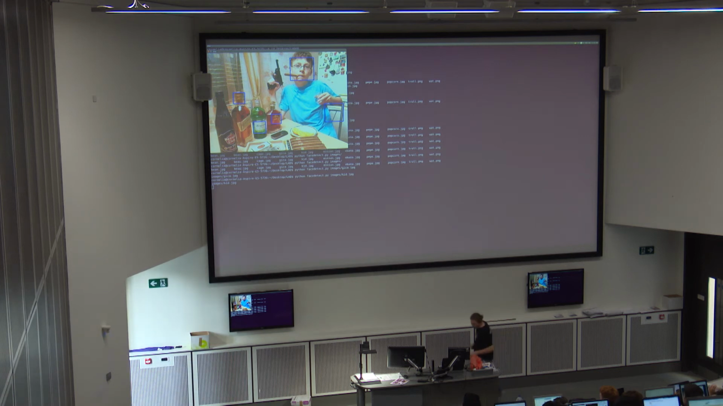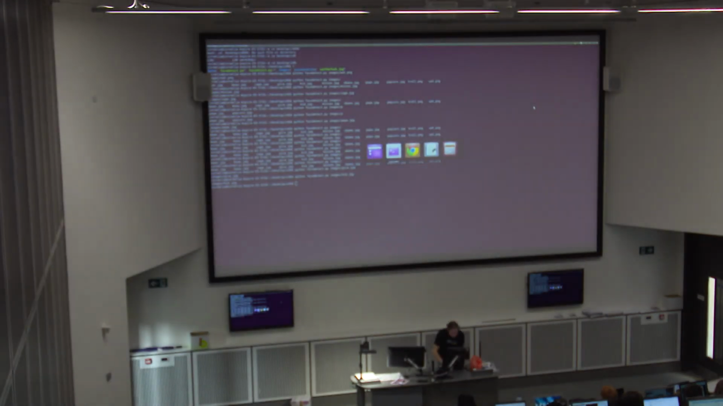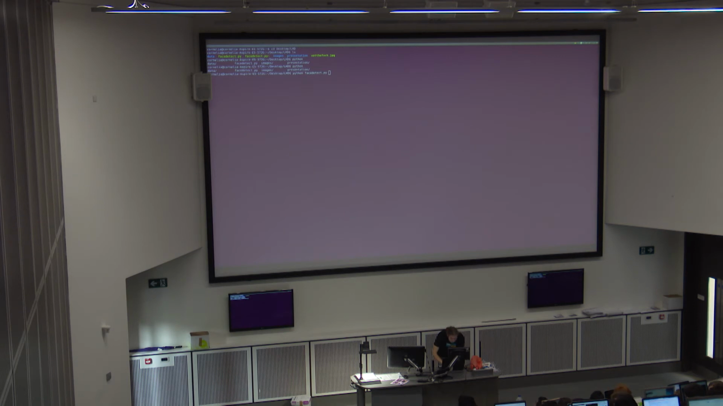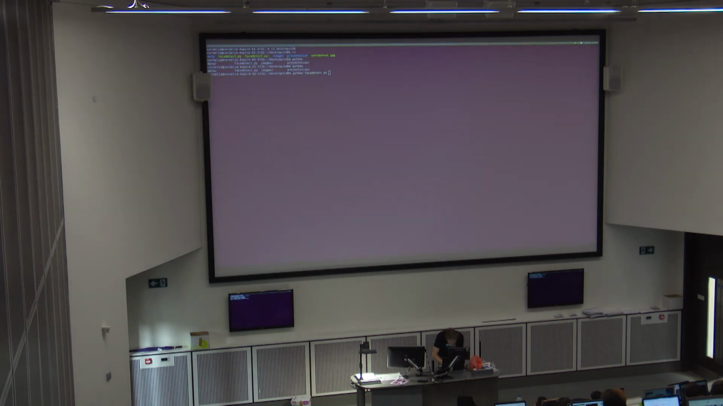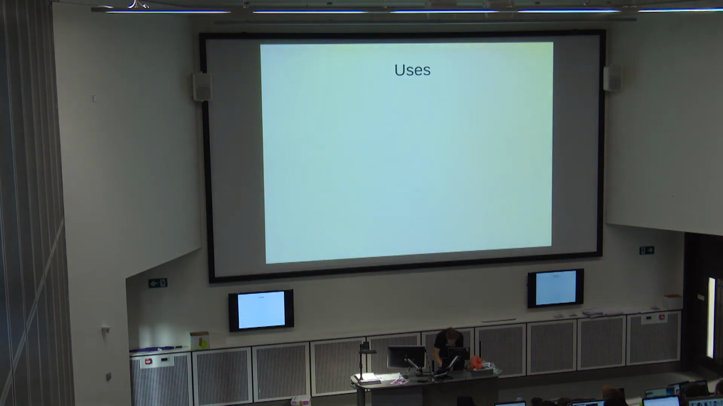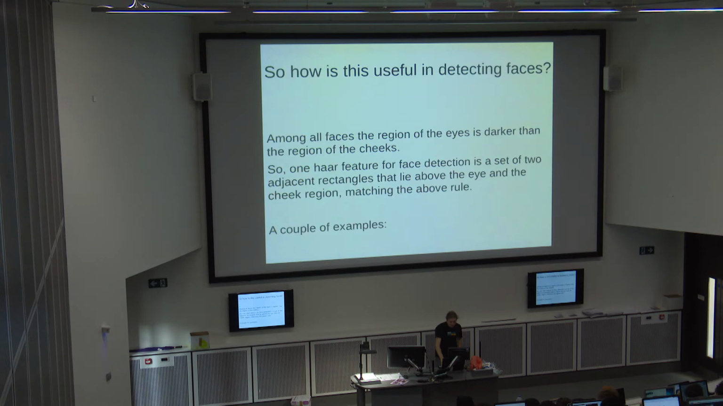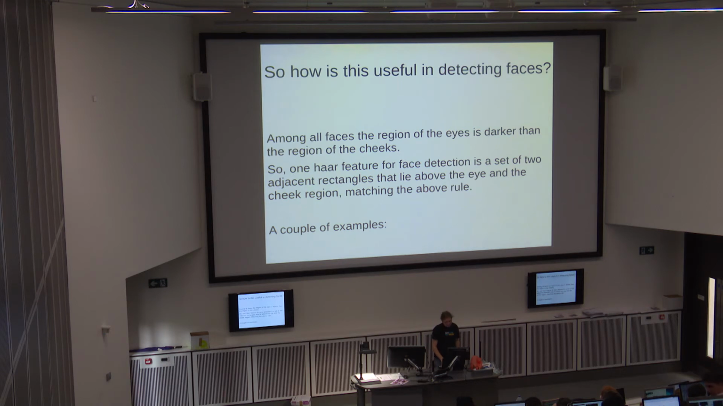Okay, so back to the slides, if I can find them. Haar-like features. Okay, so